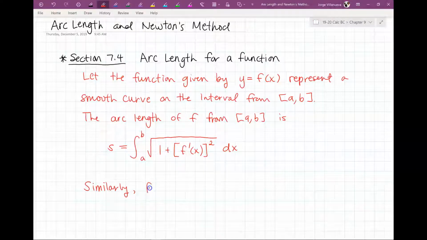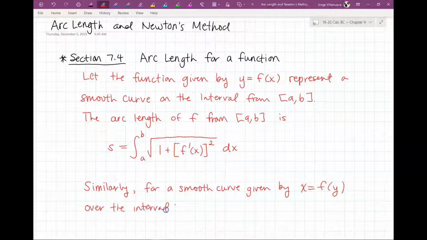for a smooth curve given by x equal to f of y over the interval from c to d. I don't know if you guys remember, but every time you integrated vertically, you would use cd instead of ab, right? That's something they did in those lessons 7.1 and 7.2, where you were rotating. So anytime you see the interval cd, it's kind of a clue that this is going vertically. Okay, so if you're doing that from c to d,